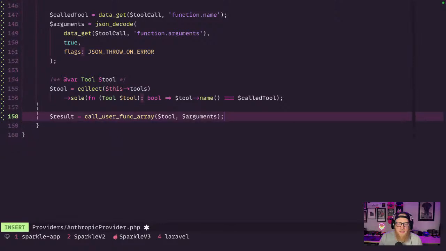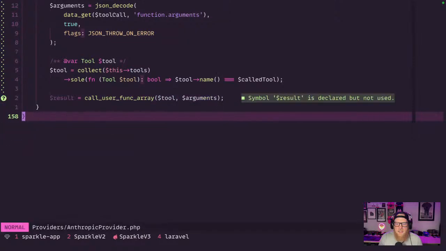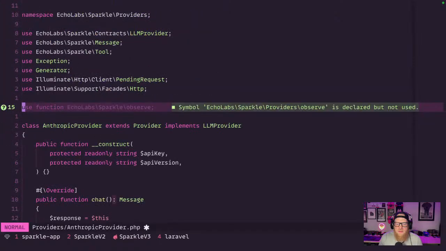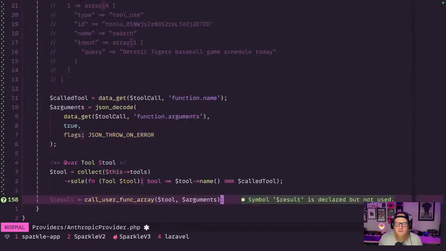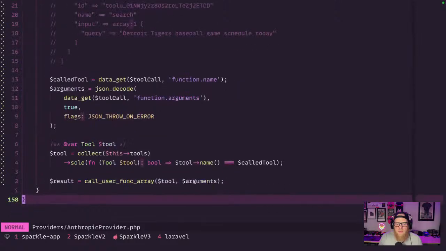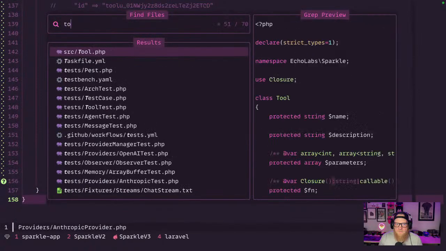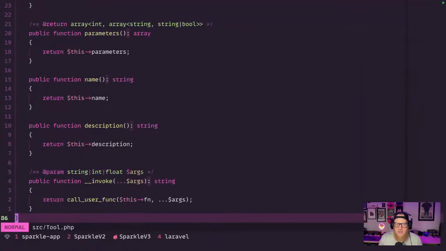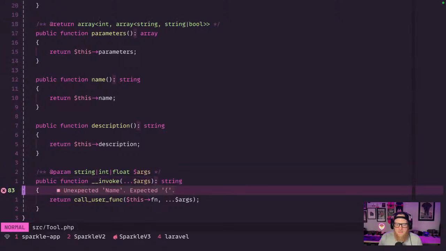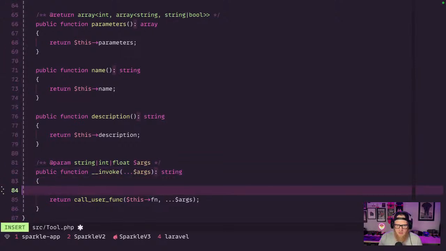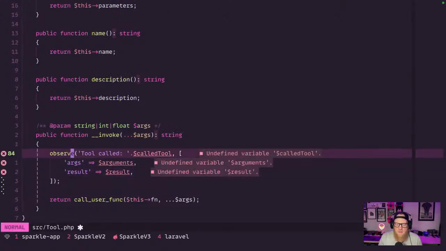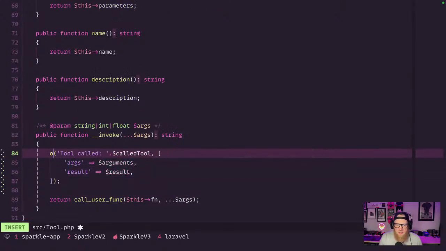But I think what we can do real quick is actually go to our tool class. And oh no, I overflowed my paste buffer. I know this isn't going to import a function, so